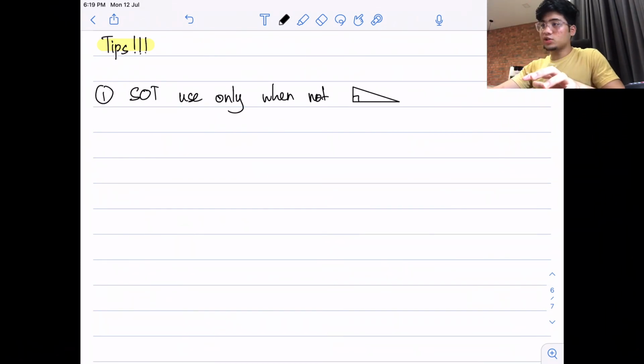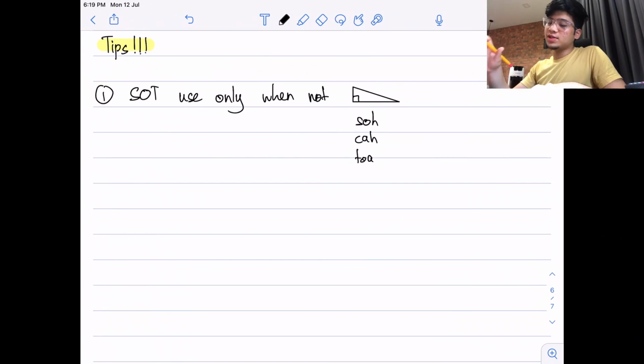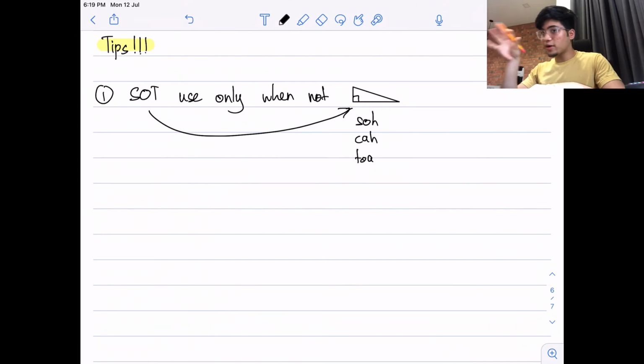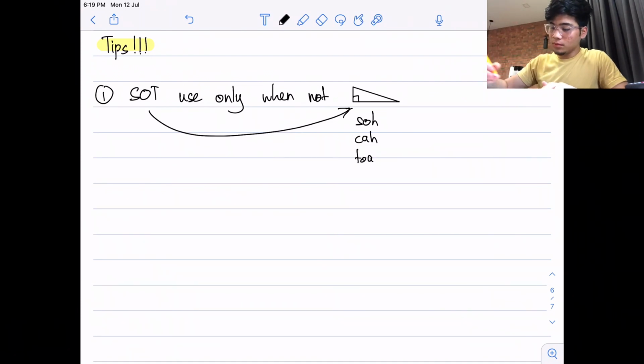Because when you have a right angle triangle, you can use the SOHCAHTOA, right? The sin is opposite over hypotenuse. You can use the SOHCAHTOA. It's way easier, and it's not a waste of time. Because sometimes using solution of triangle for a right angle triangle could actually give you a wrong answer. I've done it before. Maybe it was my own carelessness, but depending on SOHCAHTOA for right angle triangles is much easier, and using solution of triangle only for non-right angles is a better option. Alright, number 2 is to,